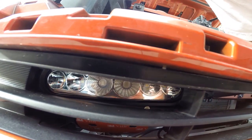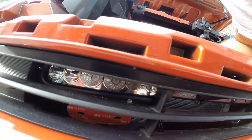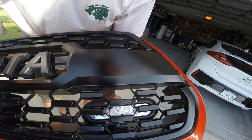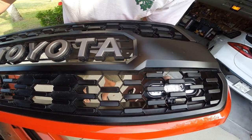But the issue is that there really isn't a good place to mount that. As you can see, there's nothing underneath here at all. Up above there's some metal, but I can't really use that either, so I need to do some thinking here. On the actual grill, there's a nice little ledge that I can mount to very easily, but with the design of the TRD Pro grill,